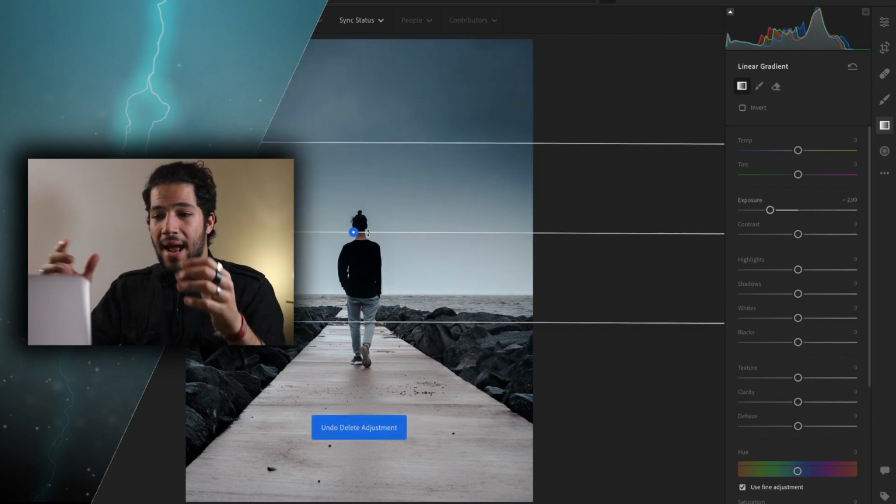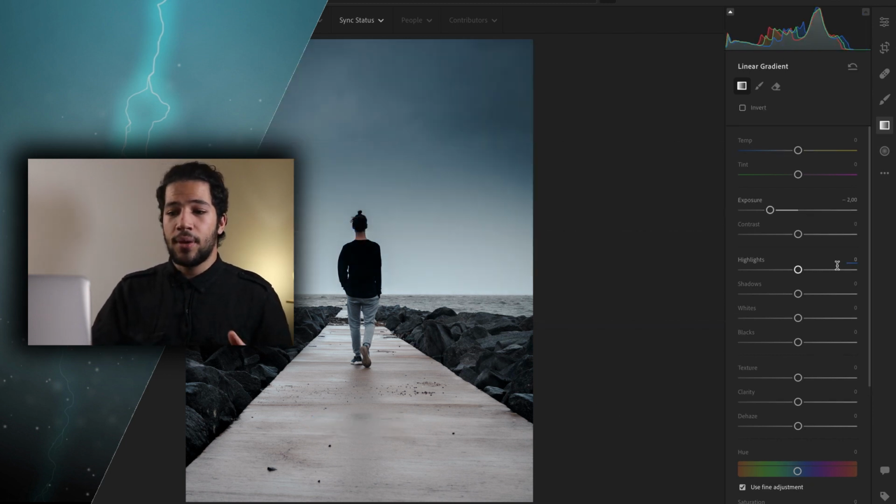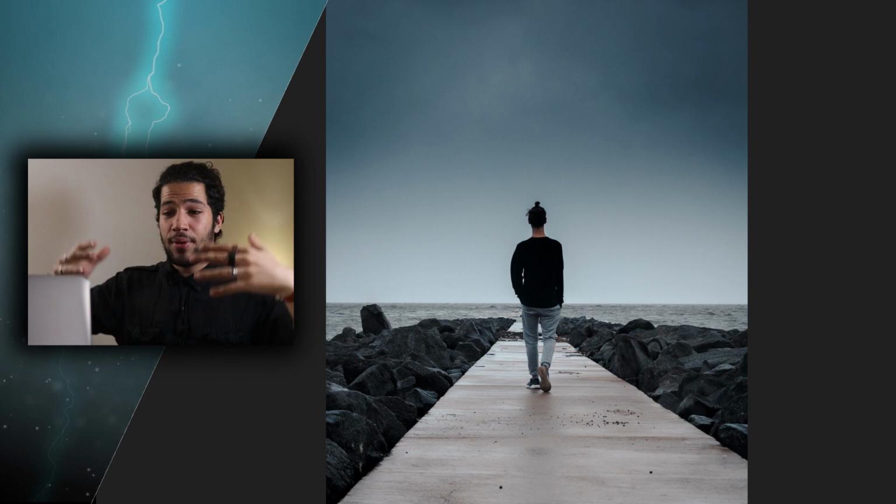So if I quickly go over here and I just delete that, instantly the image looks boring, it's washed out, it's all way too bright. There's nothing that really makes me want to look at this image. But if I add that radial gradient that I added beforehand, instantly the image has depth, it goes from dark to light, and that path where it goes from dark to light helps draw the audience's attention because it's that beautiful linear movement. So yeah, that's linear gradient. Now, while we're here, we're gonna jump to tip number 4,